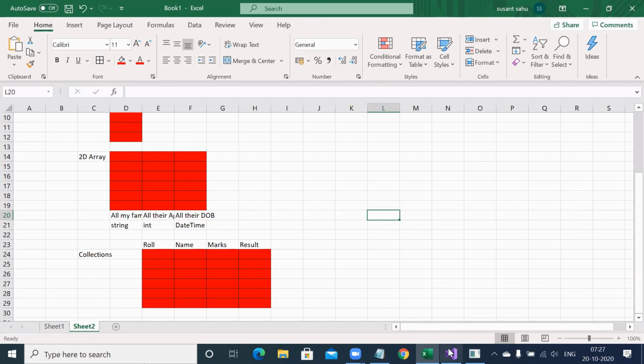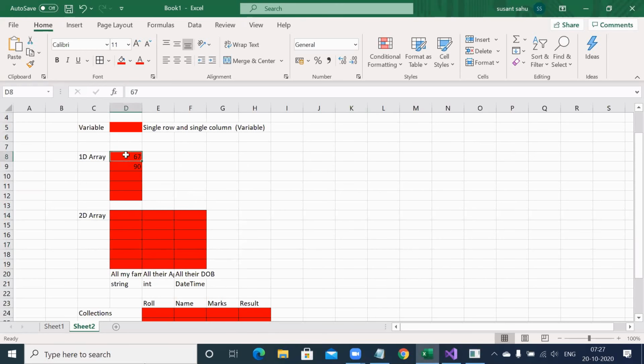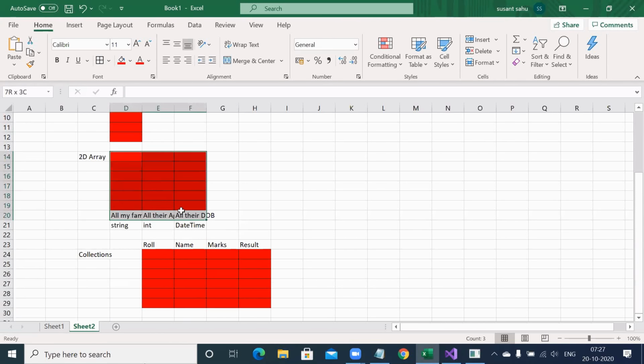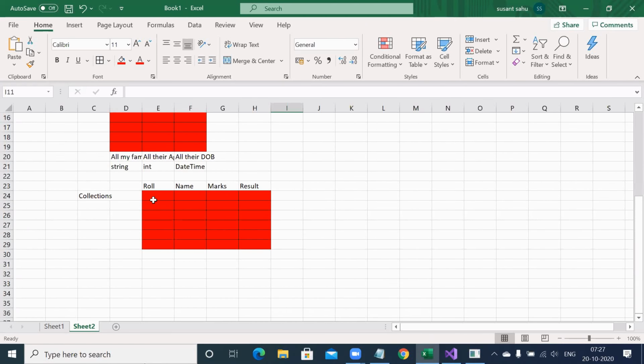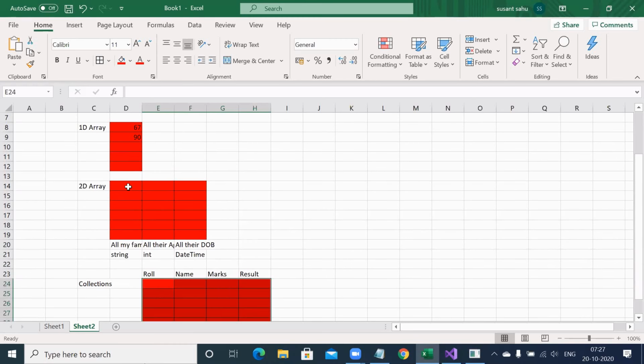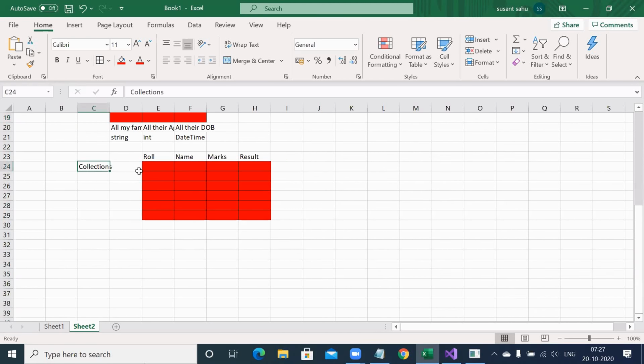So I believe now all of you must have understood. Why should I use array even if variable is there? Why should I use two-dimensional array even if single-dimensional array is there? Why should I use collections even if 2D array is there? One step ahead we discussed today. But okay, we have a chapter called collections.